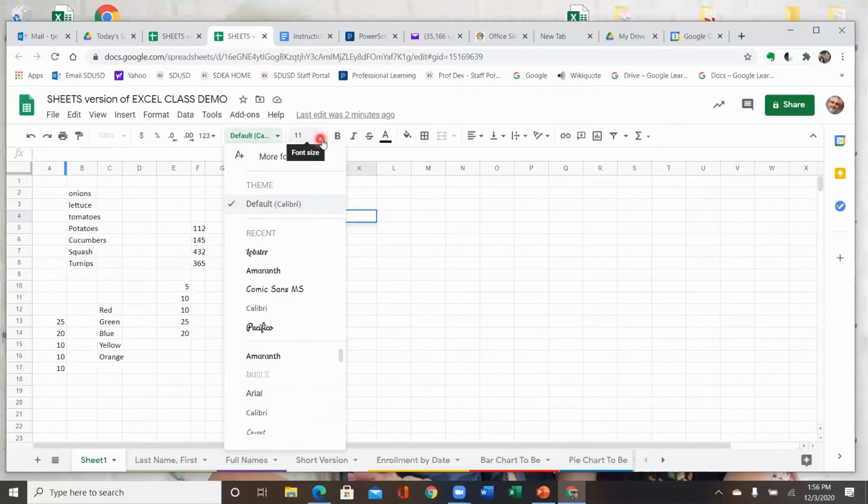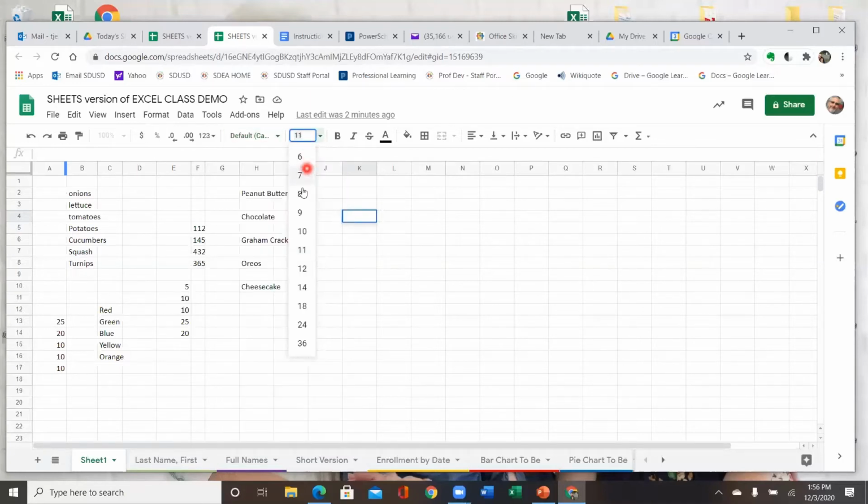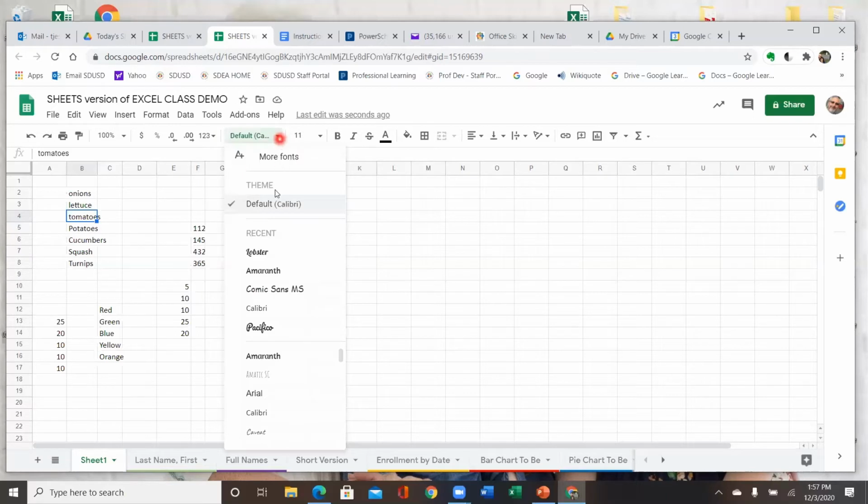We have our font sizes here, and here is a perfect demonstration of the limitations, I guess, of Sheets. If I click on tomatoes here, you can see there's no formula because it's just the letter values. It happens to spell out tomato, which I think is a fruit. Is that what I heard? I thought it was a vegetable. And there it is. So if we want to change the font in that, we can go up here